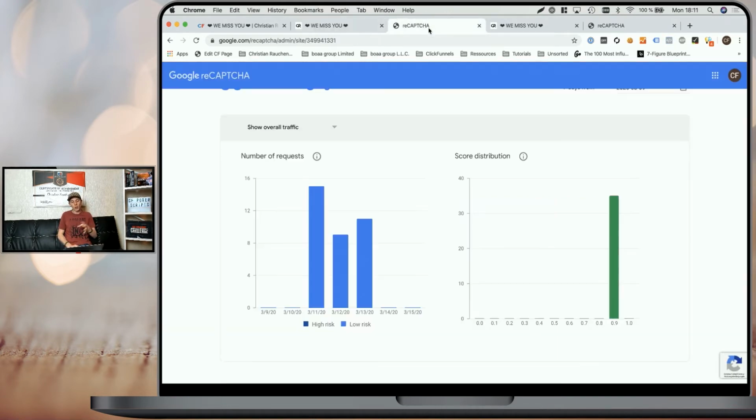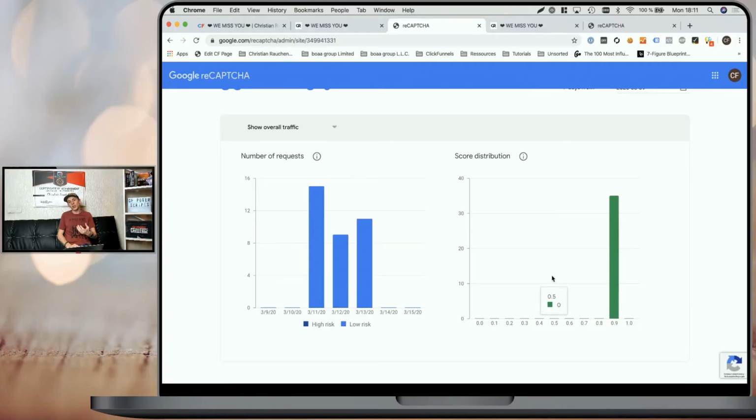So when we go back to the reCAPTCHA settings, you will see after some time how the score distribution for your specific funnel actually is. You may want to start your reCAPTCHA version 3 integration with a setting of 0.5, for example. And once you see that you have a few spam opt-ins from bots or automated scripts, but the majority of your users actually have a 0.9 or 0.8, you'll simply increase the threshold to get rid of more of the bad traffic. Now, if you're wondering how all of this works from a technical perspective, it actually is quite easy.